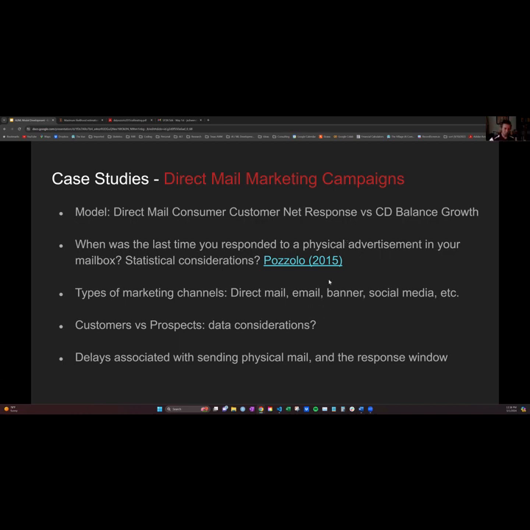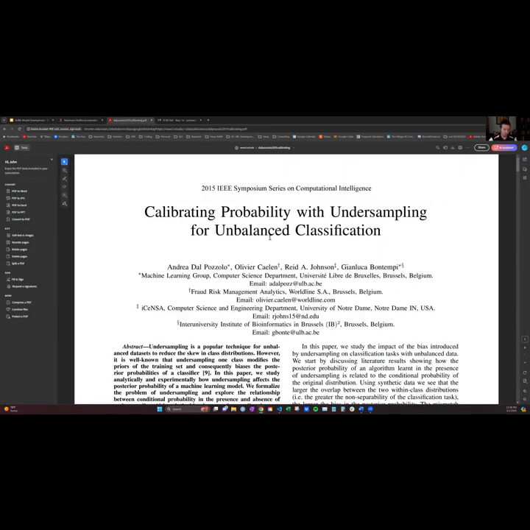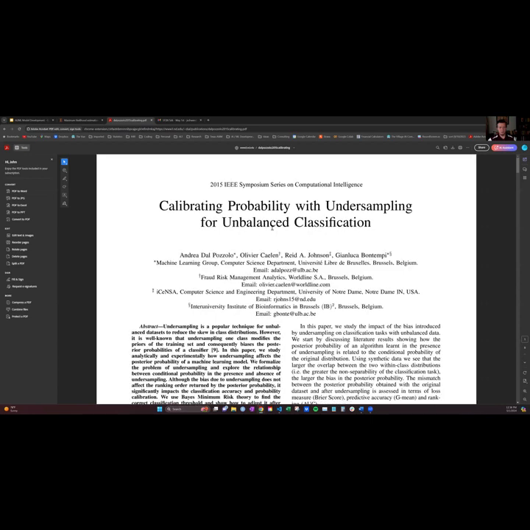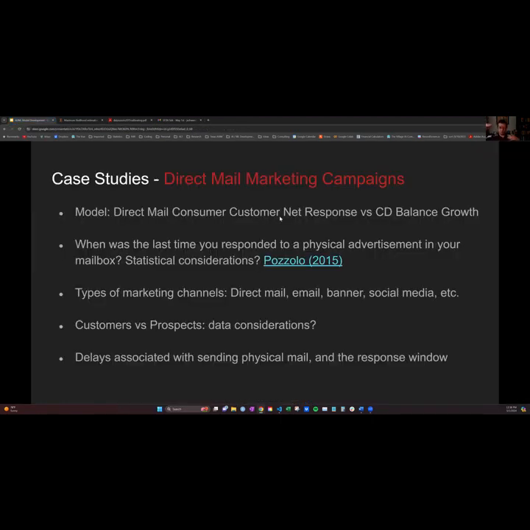So this Pizzolo paper, and again, I'll just highlight it here. This is a 2015 paper, and what we used here was he had a way called undersampling or downsampling, as we call it, where you try to reduce the majority class to bring it to a point where you hold the minority class.